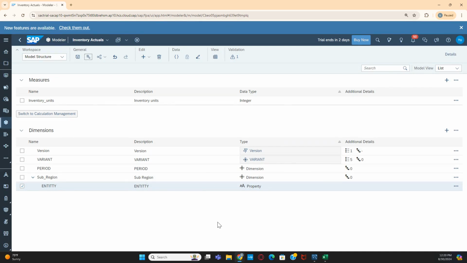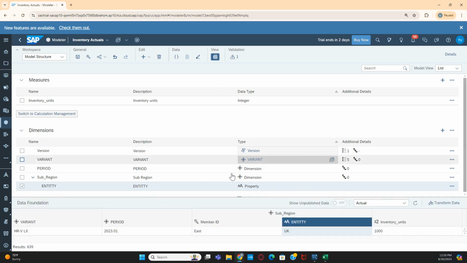And we have loaded the data here, right? Now let us open our data foundation. You can see here actuality is showing, right? So you have data here. It is by default actual data. There is no other version member available here. Now let us go to the,